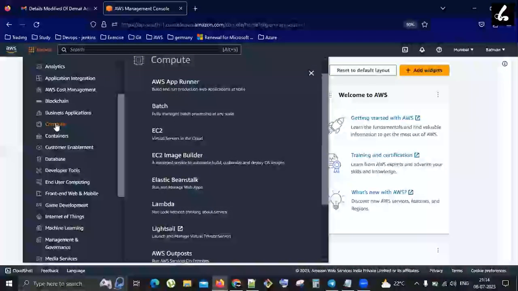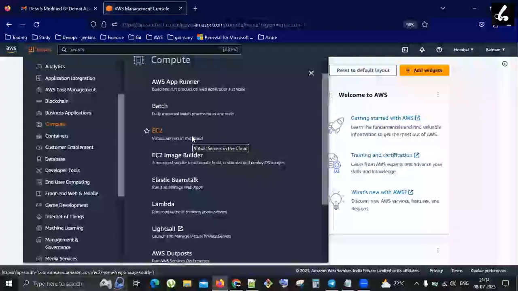EC2 means Elastic Compute Cloud. So these are virtual servers. This is very famous among developers because let's assume you're a freelancer and you just picked up a project which is for only 6 months, but in order to develop the code and present to the client, you need a